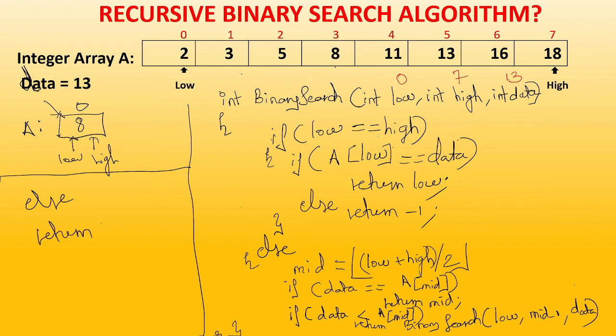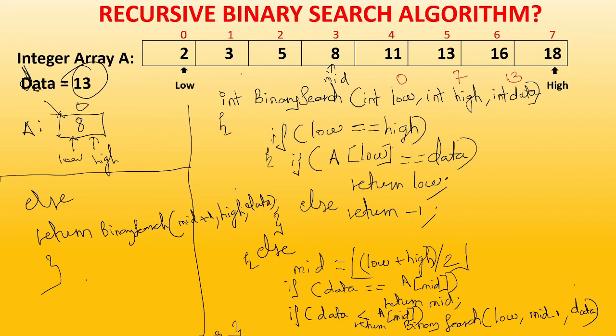If the element is greater than the mid element, now this is the mid element, and the element we want to find is 13. Now 13 is greater than 8, so it will be on the right hand side only. It will never be on the left hand side because binary search works on data that is always in sorted order, that is, increasing order. So 13 will be after 8 only, that the machine also knows. So return what? Again you have to call binary search, and the parameters will be what? Your low will be at the mid plus 1 position, high will remain the same, and the data. So you call it like this, and again it will apply the same binary search algorithm, finding the mid element and checking it with your data element.